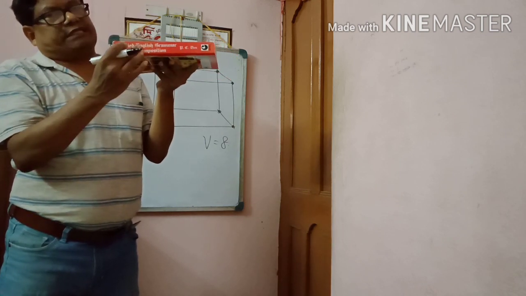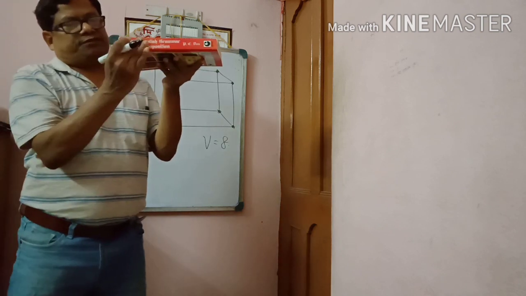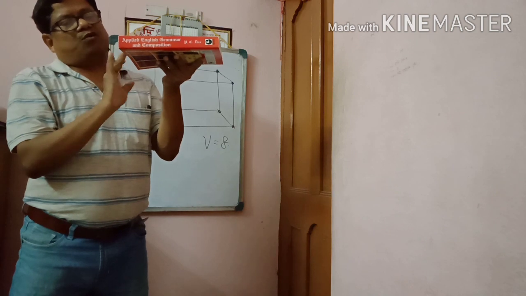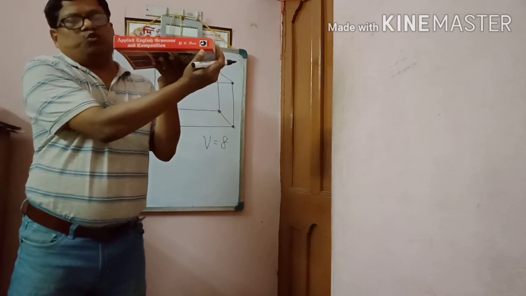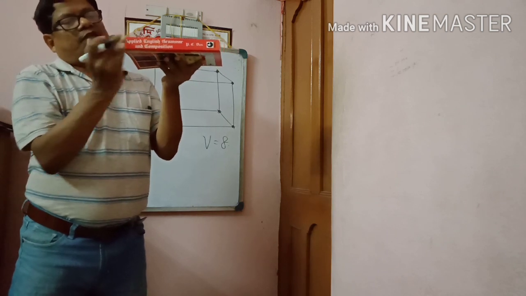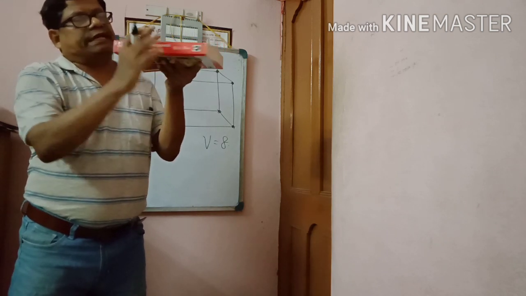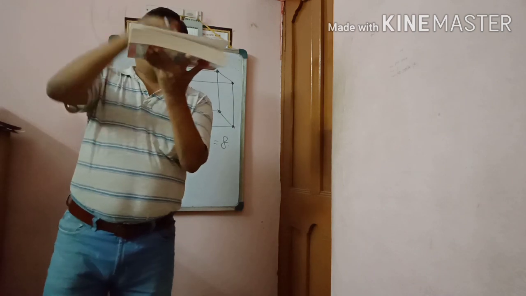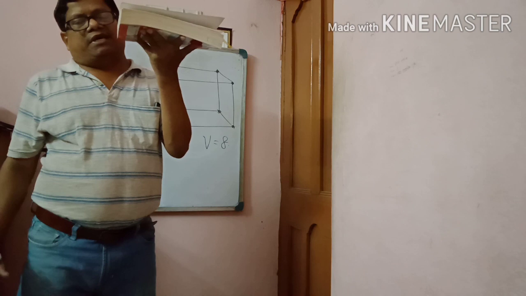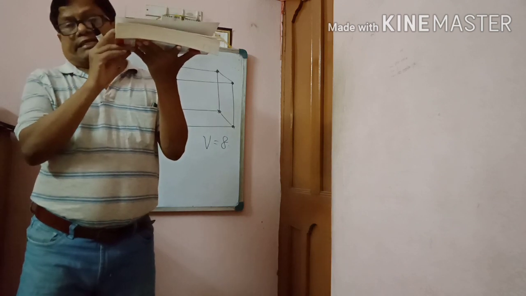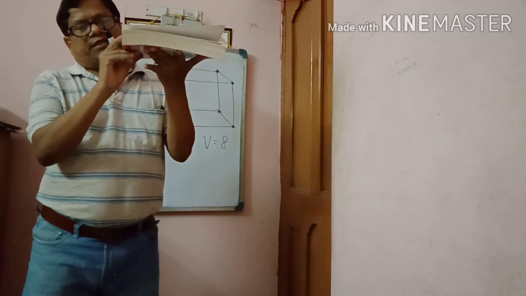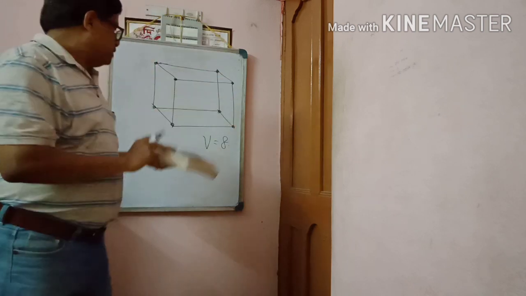This is the front face. This part is front. This is the side. How many sides? 1, 2. Two sides here. That side is one face, again a face. And the upper part and lower part. Total number of faces here is 6. So the total number of faces is 6. So vertices 8, faces 6.